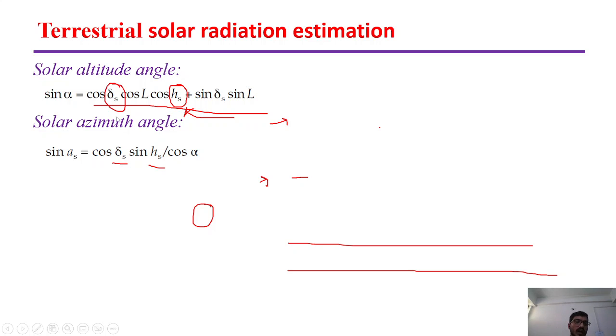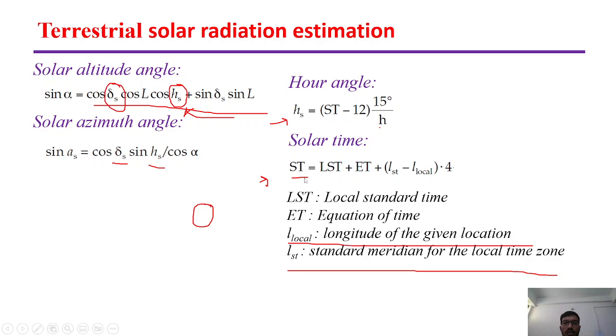Okay, coming back to the solar altitude angle. Sin alpha is equal to cos of declination angle into cos of latitude into cos of hour angle, plus sin of declination angle into sin of latitude. Similarly, the solar azimuth angle can be calculated based on cos of declination angle, sin of hour angle, upon cos alpha, the solar altitude angle, and the hour angle is calculated based on the solar time, and solar time is calculated based on the